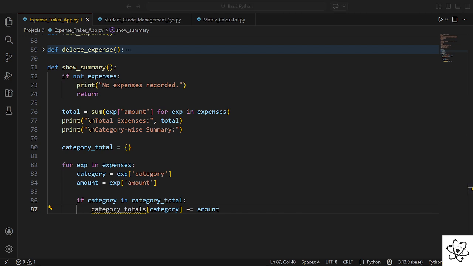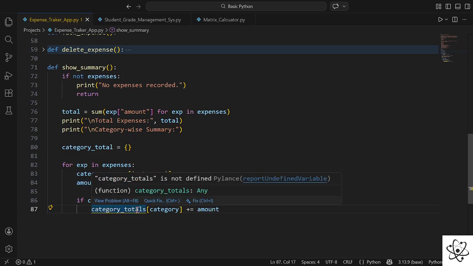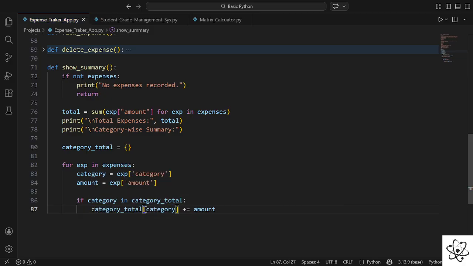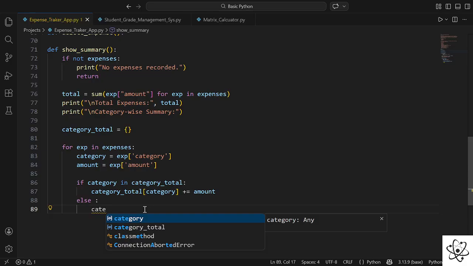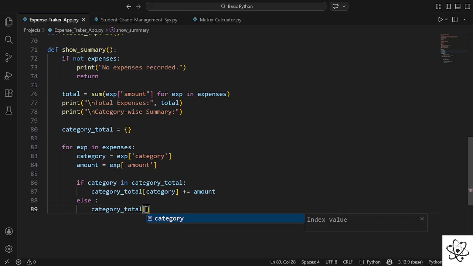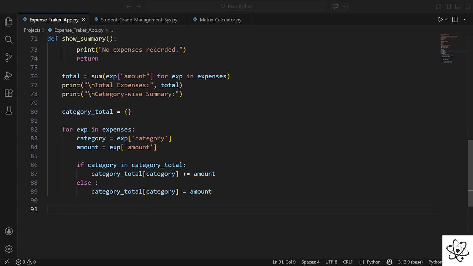And if this situation is false, first of all, right, typo here, we are going to say, okay, if the category is not yet present in this dictionary, just create one. And after doing all this, we are just going to call this dictionary for category total